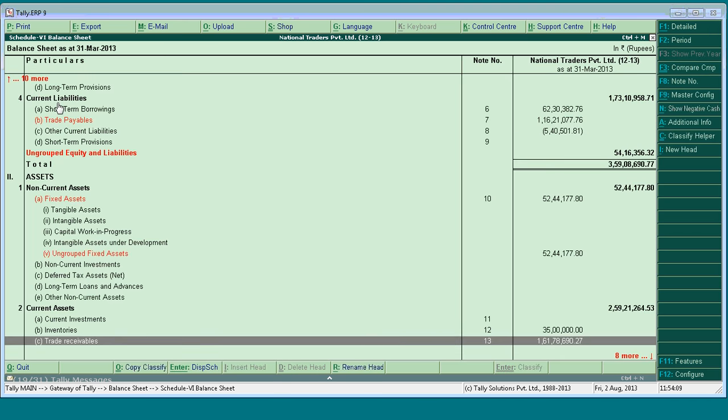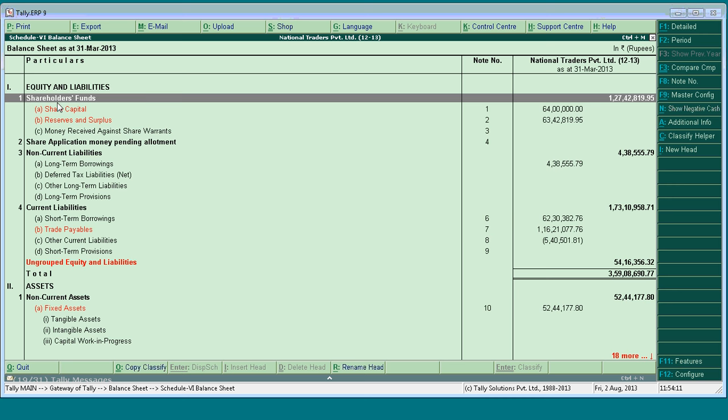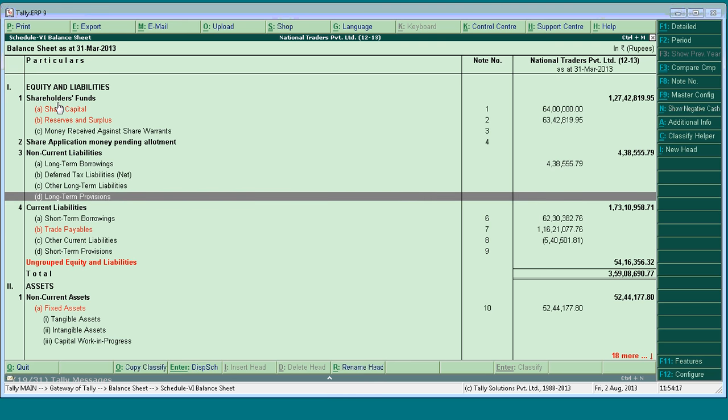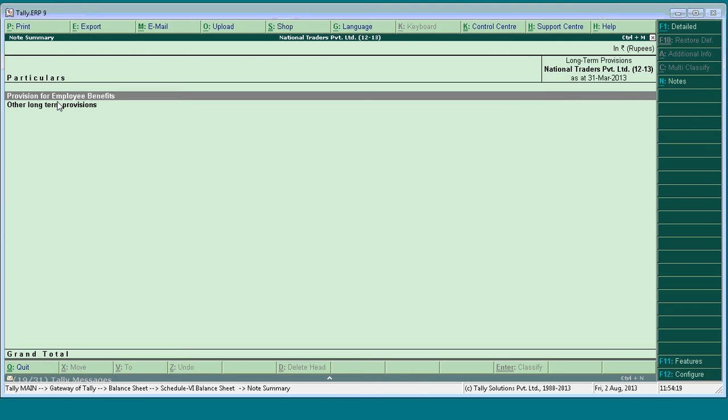While interacting with a chartered accountant, he came across one of the requirements. Suppose I'm getting into short-term borrowing or long-term provisions. These are the line items which are provided. Provisions for employee benefits, other long-term provisions. But in my presentation, I would like to add one more heading to this. So